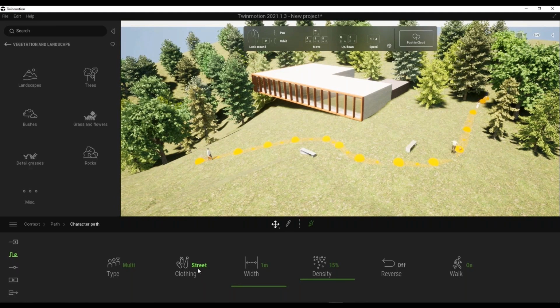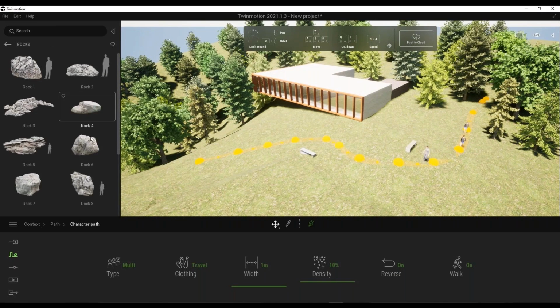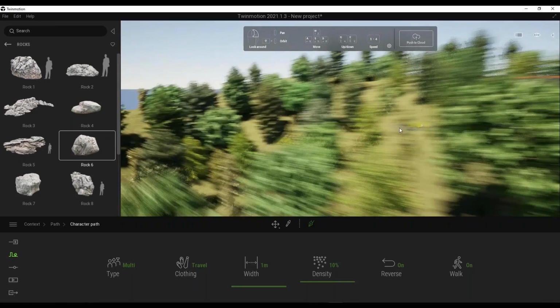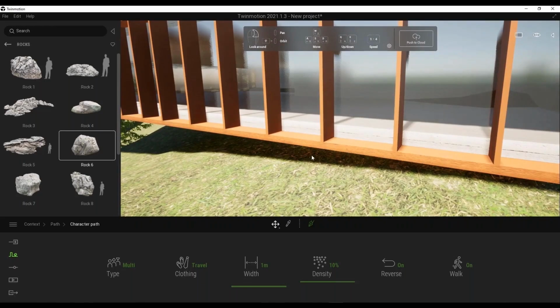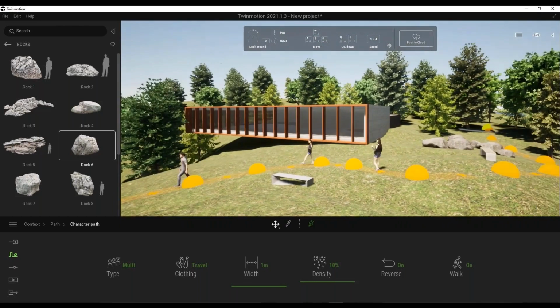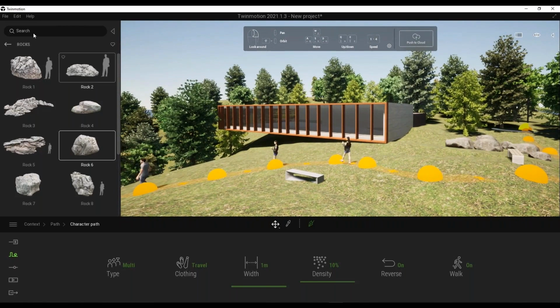Okay, street clothing doesn't look right. Maybe travel. Okay, I will do maybe a little bit more people perhaps, or I'm just making them walk downhill, and I'll put some sculptural rocks by the side just to give that little flavor, a little eye-catching sculpture kind of thing. Oops, sorry, I've moved a little too quick. But I'm just using my keyboard as a first-person player,